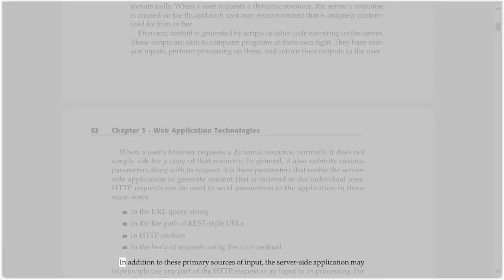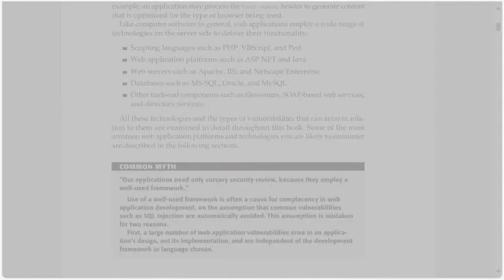using the POST method. In addition to these primary sources of input, the server-side application may, in principle, use any part of the HTTP request as an input to its processing. For example, an application may process the User-Agent header to generate content that is optimized for the type of